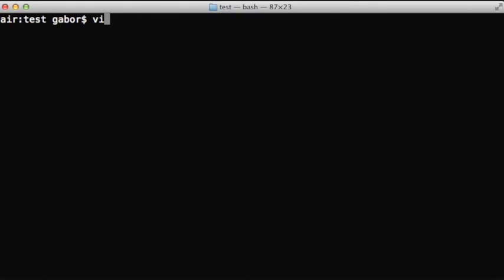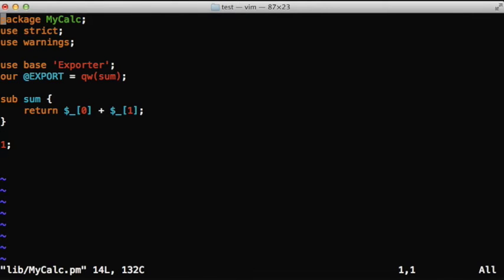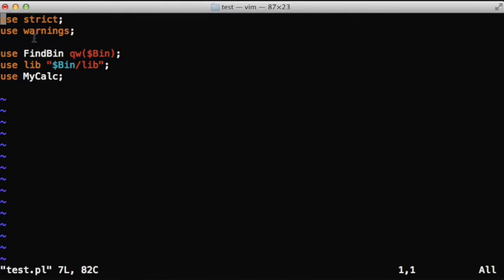Let's take a look at how we can write automated tests. We're going to test this simple module called myCalc. That's a sum function which can add numbers together. In order to test it, we create a test.pl script, and we are using FindBin and the use